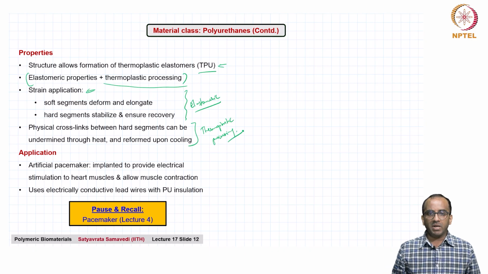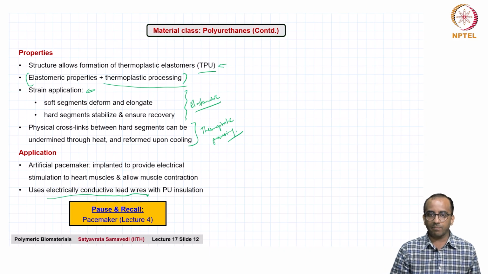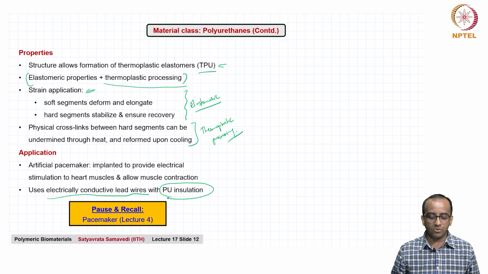And one very common application of polyurethanes is their use as electrical insulation in electrically conductive lead wires for cardiac pacemakers. So, PU insulation along with silicones are very commonly used as insulating materials for the conductive lead titanium or platinum